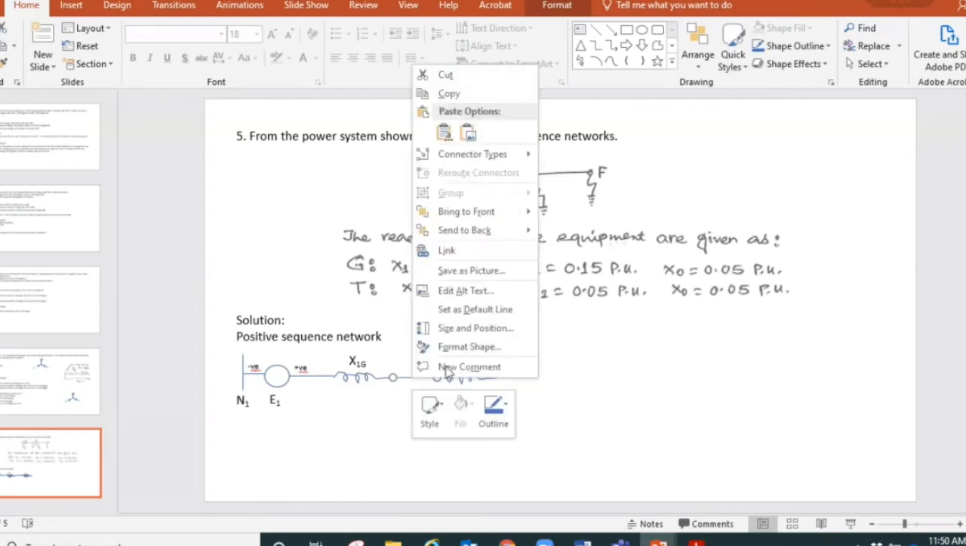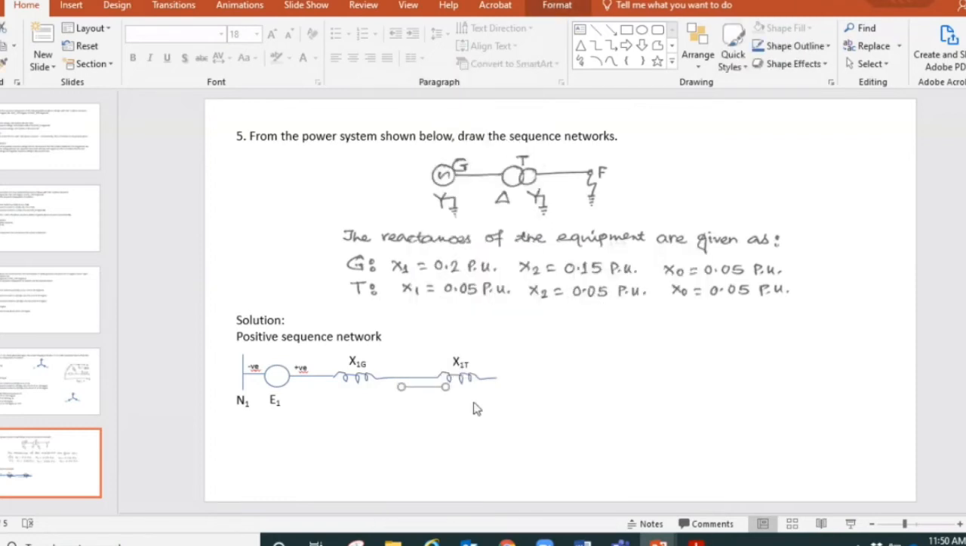Now I need to extend this connection a little bit to reach the F, which is the fault point, and this has to be labeled again. This labeling is not going to be F, it is going to be F1, because 1 has to be there. I normally put a dot there, because we will interconnect these sequence diagrams. So when we will have to interconnect them,